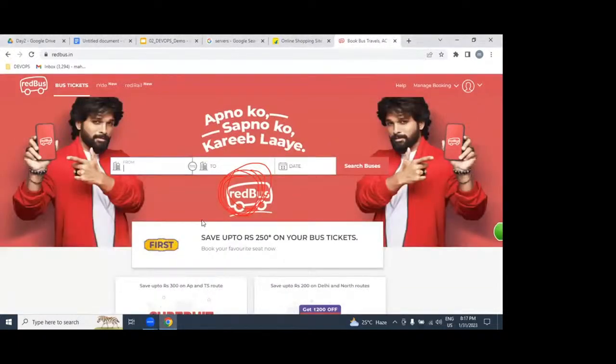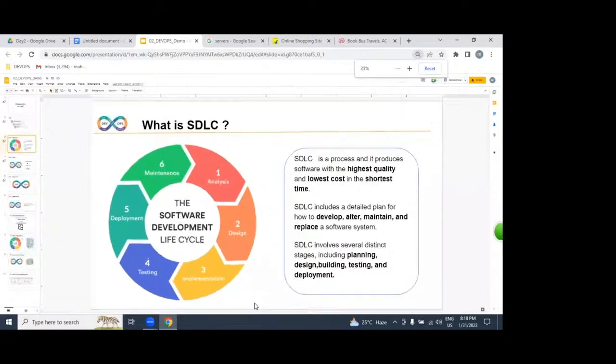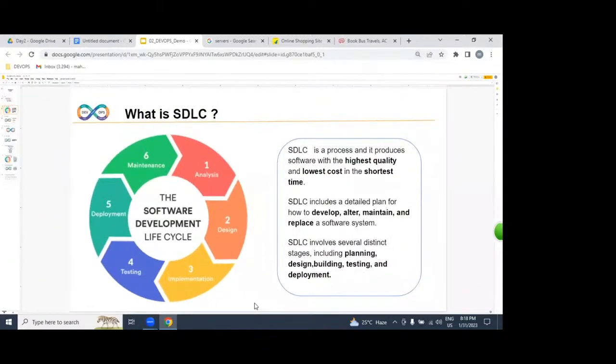How exactly this business model works, what is the login page, what is the registration page, how exactly the payment works. Each and everything we are going to be gathering from the client, who is the business owner, which you are calling as a client. From the business owner, we are going to be gathering information. Based on the information, we will plan.